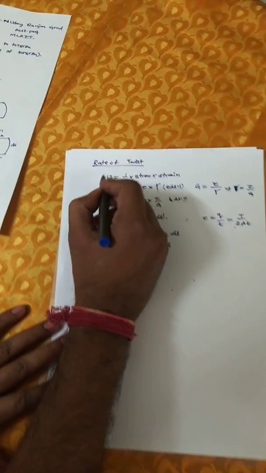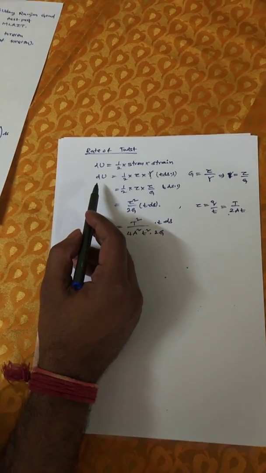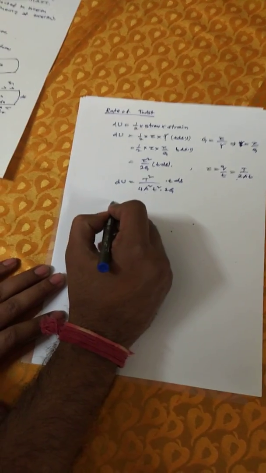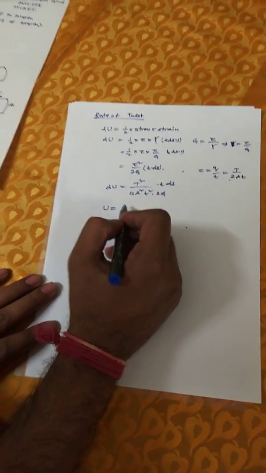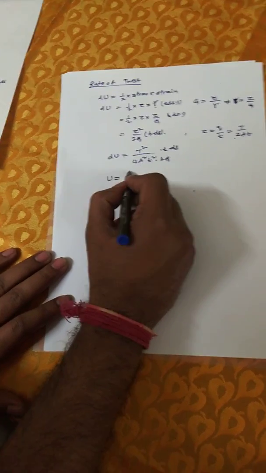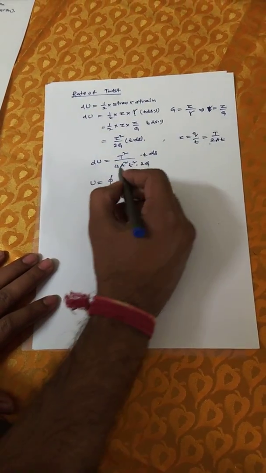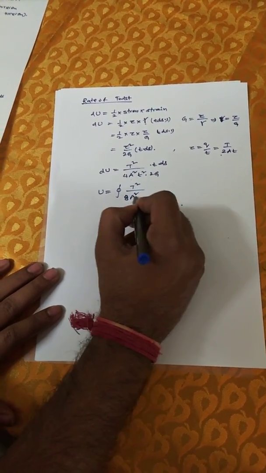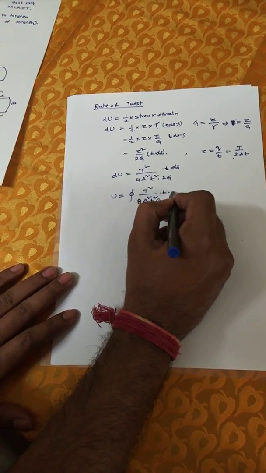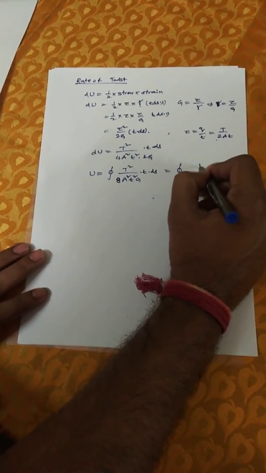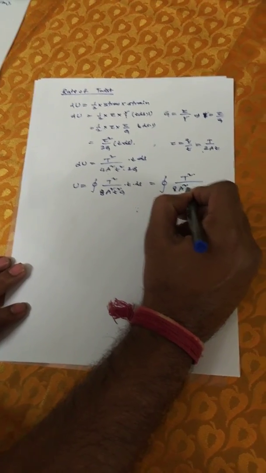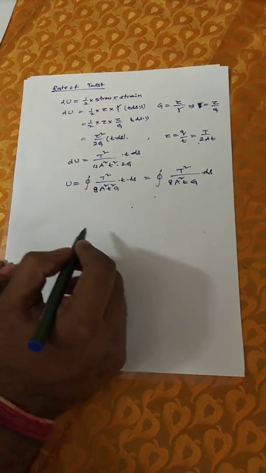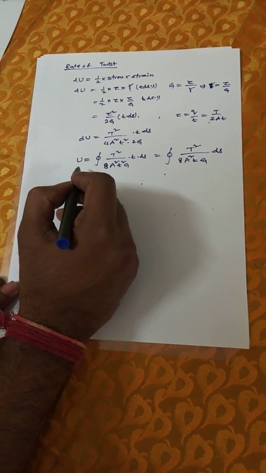So this is the strain energy of an element, that is dU. If you want the total strain energy, we need to apply this for the complete tube, so we take the cyclic integral. So cyclic integral of T square by, in fact this is 8A square t square G into t ds, which gives T square by 8A square, cyclic integral of ds by t G. So this is the total strain energy for this cell.